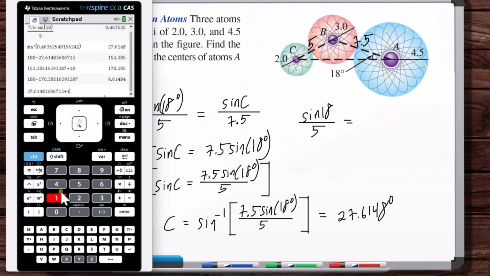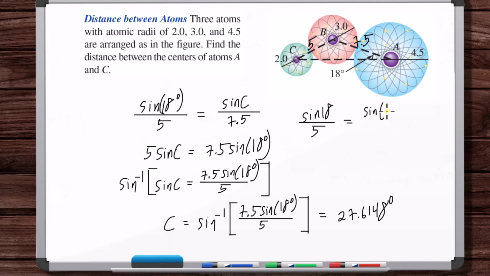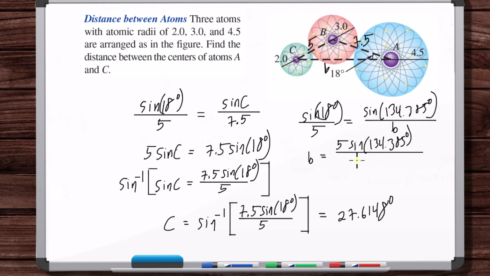So, okay, this plus 18, and then 180 minus this is going to be angle B, 134.385. So, okay, sine of 18 degrees over 5 equals sine of 134.385 over, and then this side length B. That's what we're looking for. So, okay, if we cross multiply, we can see that B is going to be equal to 5 sine of 134.385 degrees over sine of 18 degrees. So B